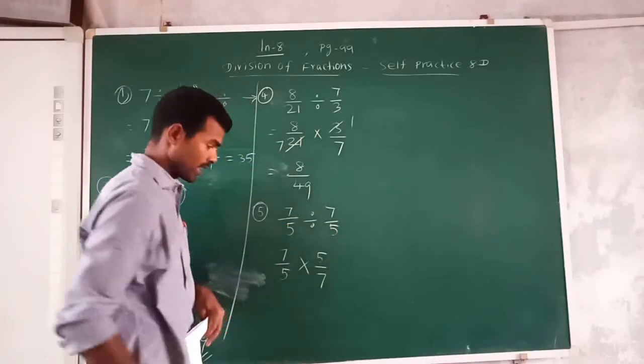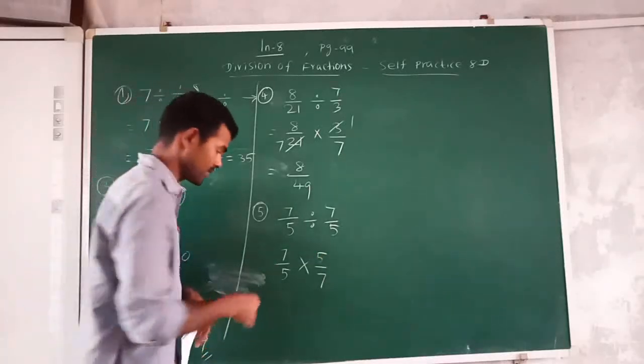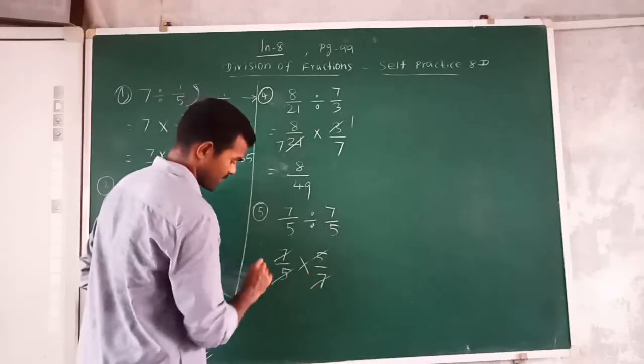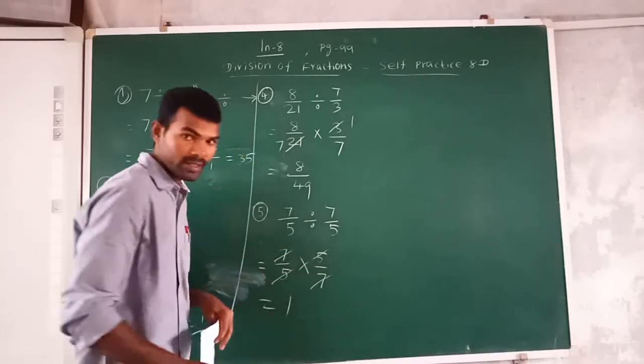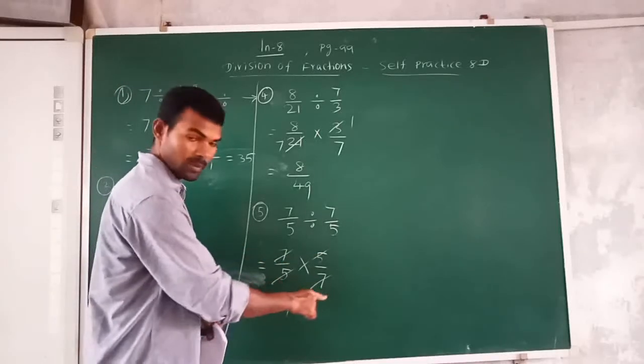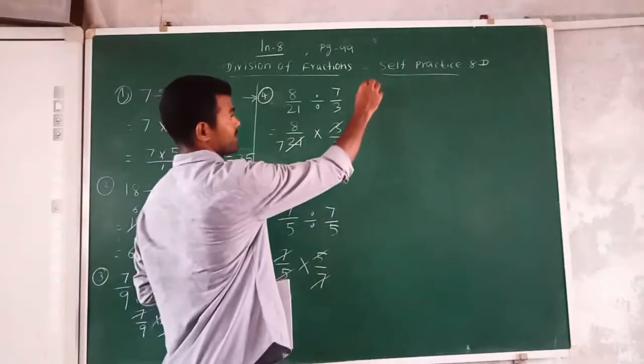Okay, written. Now look crosswise. If there is any common factor, cancel it. 5 and 5 cancel. 7 and 7 cancel. And the answer is 1. Got it? 1 multiplied by 1 is 1, and 1 multiplied by 1 is 1. 1 by 1 you can say as 1. Yes. Next, let us see